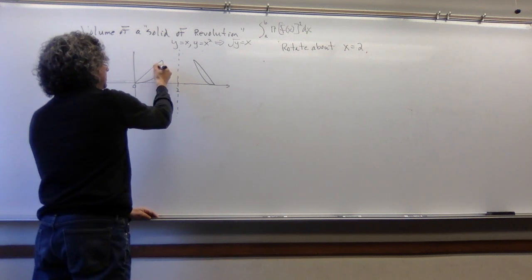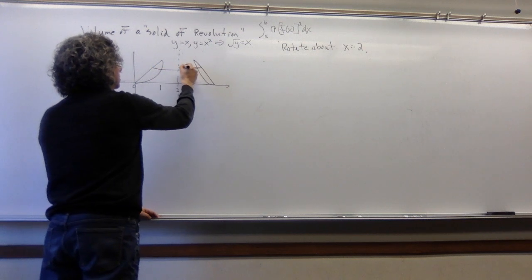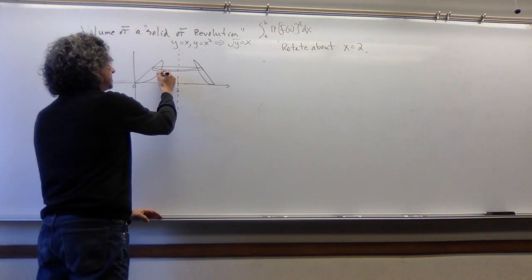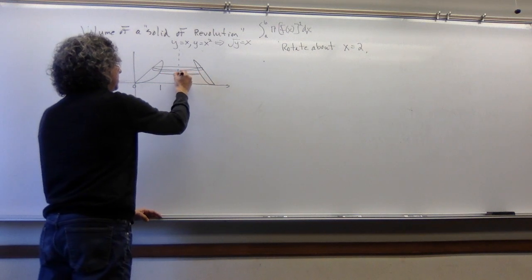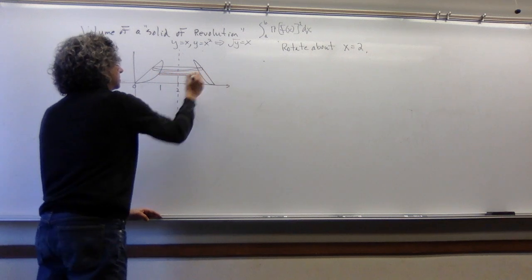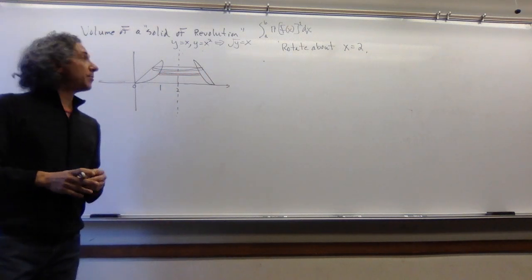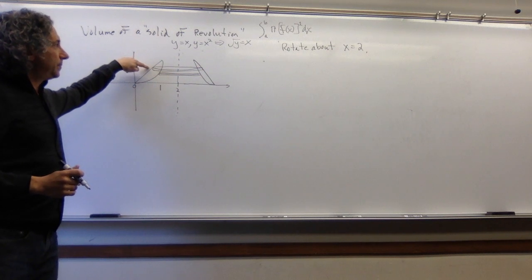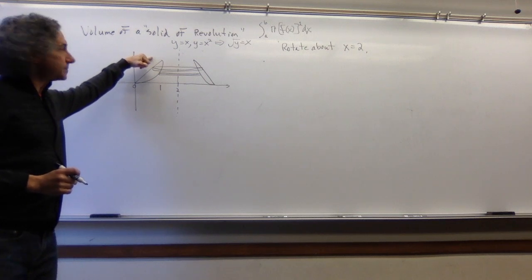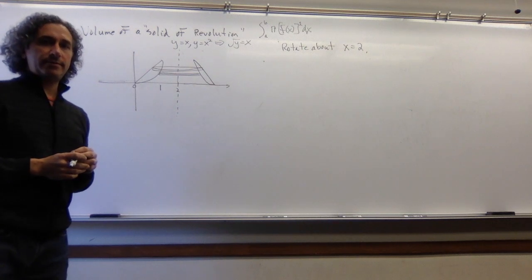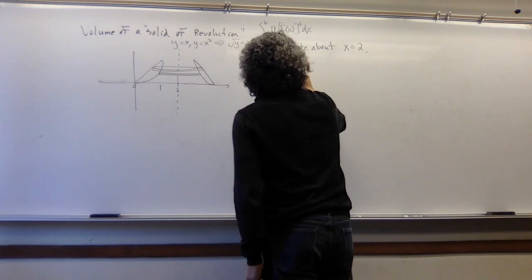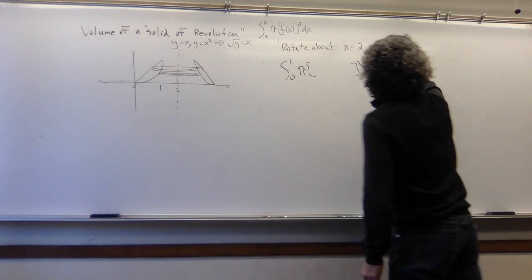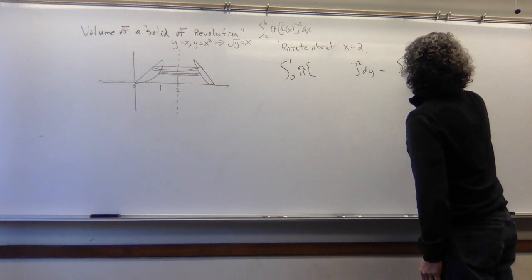So what I'm going to do is take the outer cylinder, and I'm once again going to subtract out this inner cylinder to solve the problem. This is a dy problem, delta y. My y's go from 0 to 1, and I'm going to have a subtraction. So once again, let me first create the structure, and then I'll fill in the details.